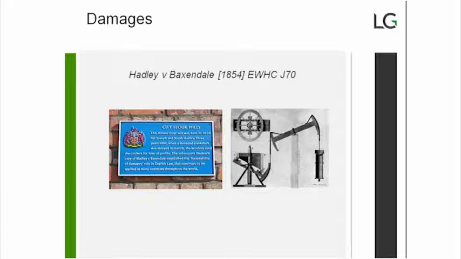Sometimes losses will be viewed as too remote to be recoverable. Now, under contract law, the test for remoteness is set out in Hadley and Baxendale. This is the holy grail of all damages cases. The facts were as follows. This related to a flour mill in Gloucestershire. The crankshaft of their steam engine was broken so that the mill couldn't function.